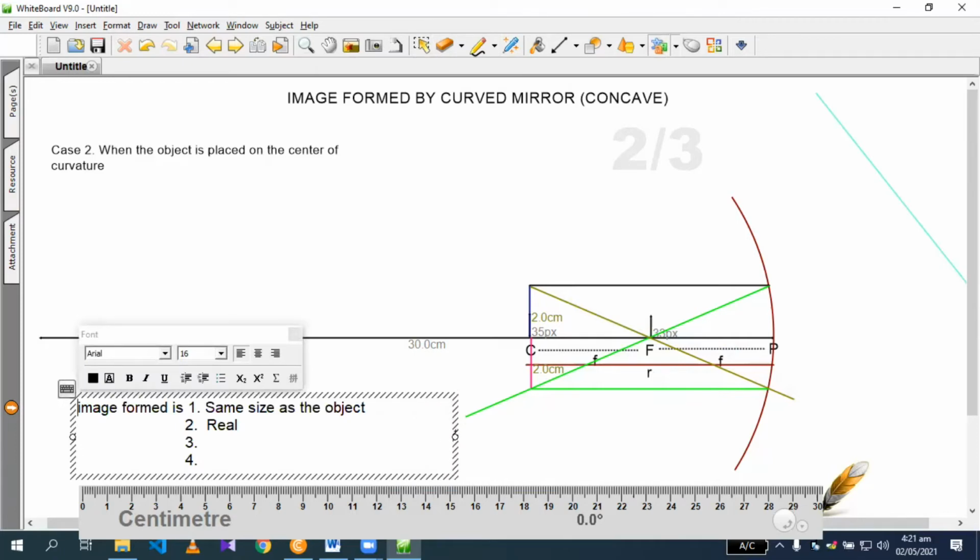Yes, same size as the object, real. Now it is also inverted. It is still inverted. The image is still inverted. And what next? The next thing is that